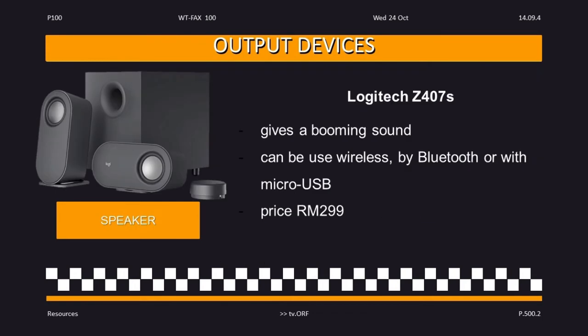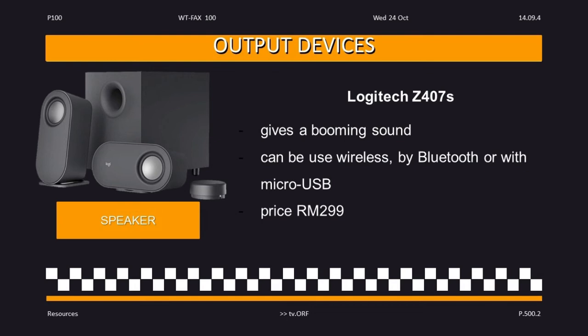Next output device is a speaker. We chose the Logitech Z407 for Nawal. It gives a booming sound, is easy to set up and has a wireless control knob. The speaker can be used wirelessly by Bluetooth or micro USB. The price is